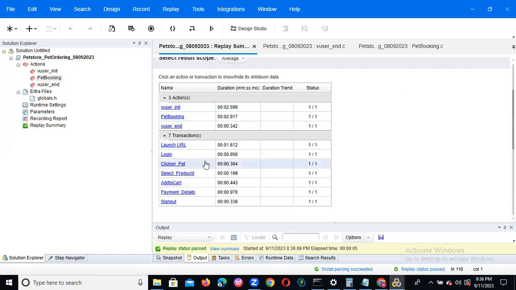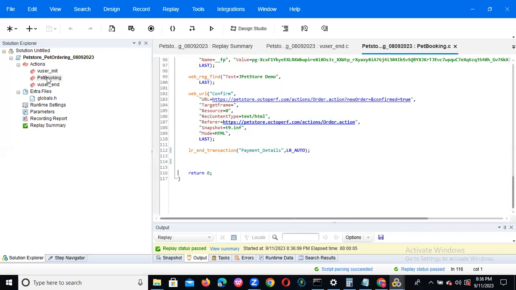You can observe we have three different sections: user init, pet booking, and user end. But transaction-wise, everything will be the same, the same way we got it from the action. What is the difference? We can execute the user init only one time, but I want to execute this for a number of times, so we have the